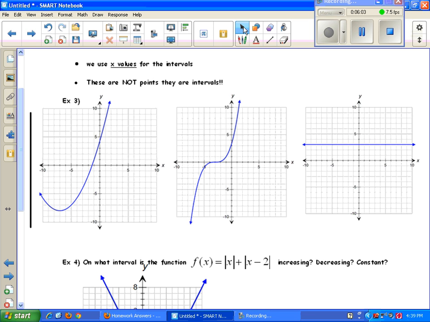As I'm moving from left to right on my graph, we're looking for these intervals where we're increasing, decreasing, or constant. So as I move from the left side and get to about this point right here, notice that as x is increasing, the y values seem to be decreasing. So we would say that it's decreasing,